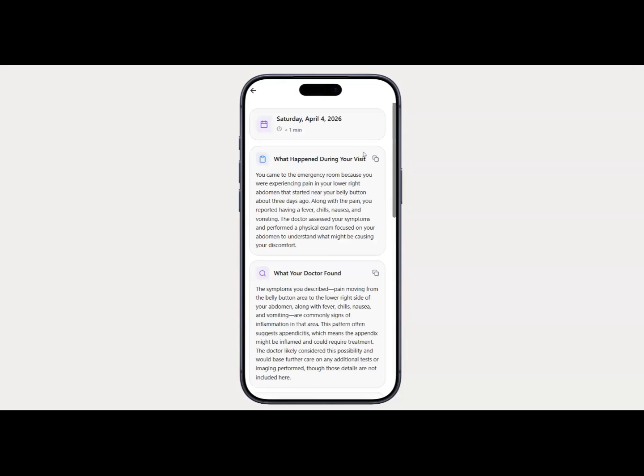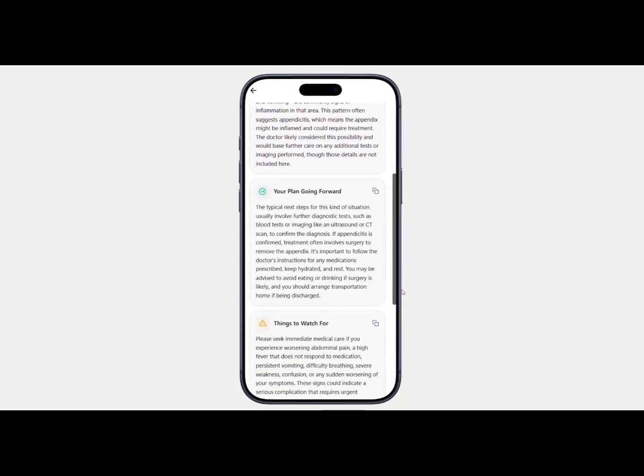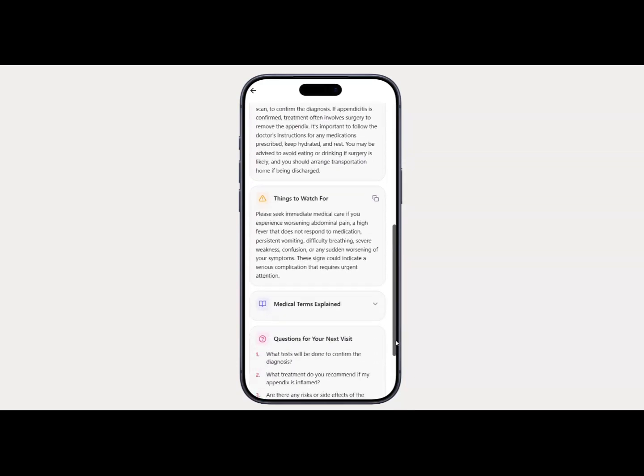So, a very different note for the patient, geared towards the patient. So what happened during your visit? It's not like your diagnosis, what your doctor found, your plan going forward. Because people are like, okay, I got all that stuff. What do I do now? Things to watch out for,